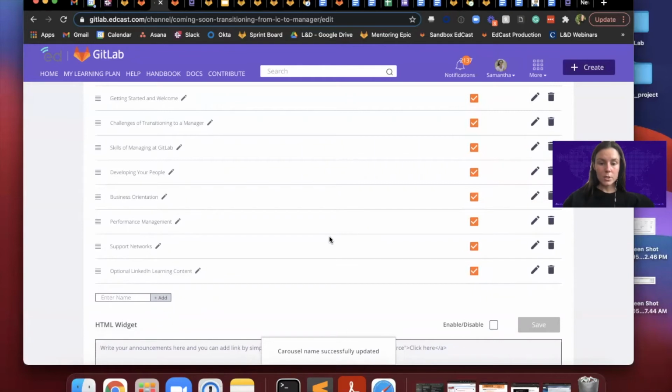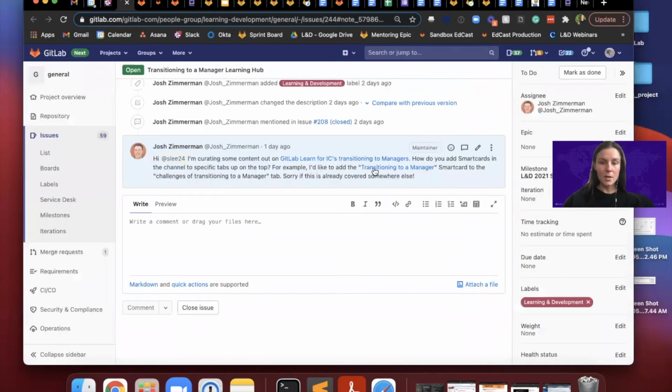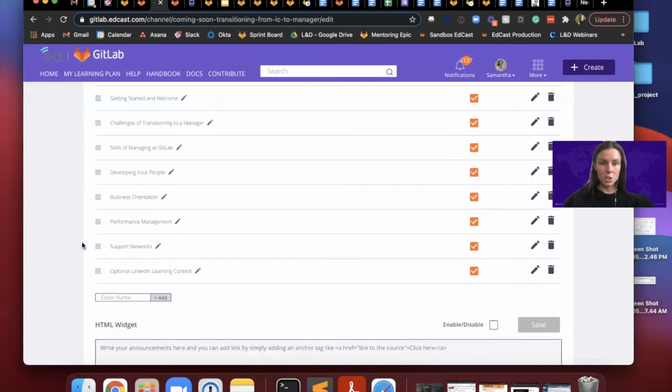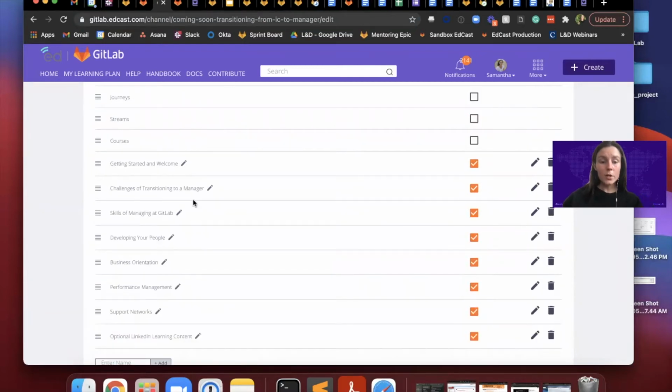So Josh's question is, he has a smart card, transitioning to a manager. And he wants to share the transitioning to a manager smart card on the challenges of transitioning to a manager carousel. So in order to add that smart card to the challenges of transitioning to a manager custom carousel, I'm going